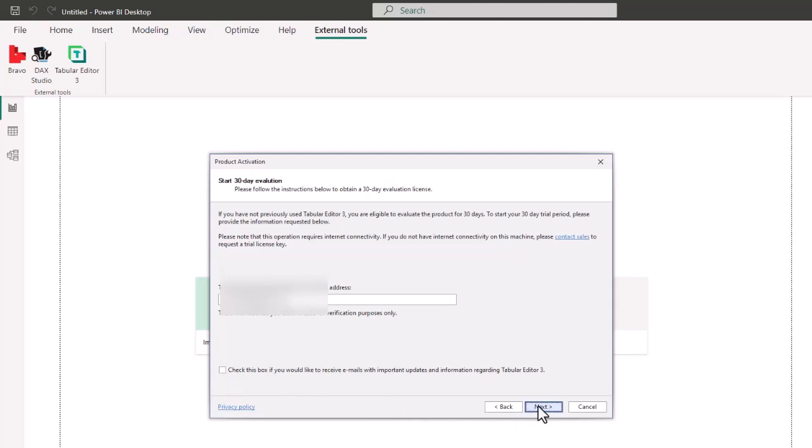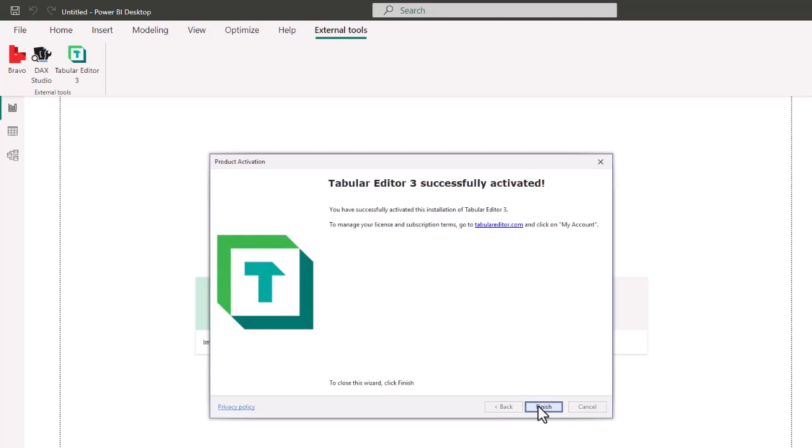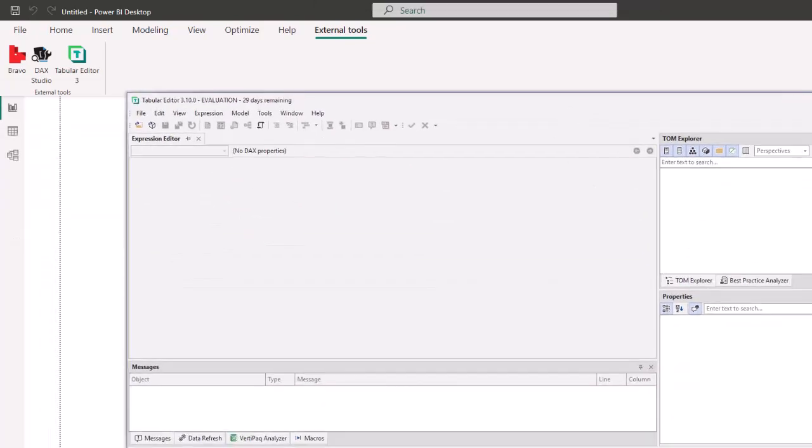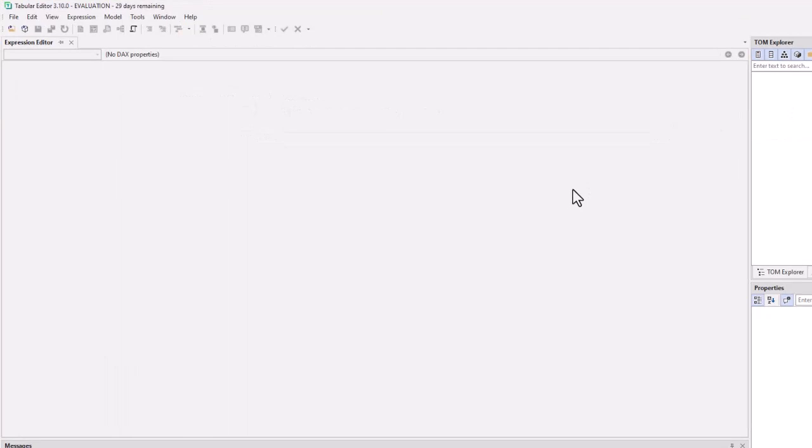But what this allows you to do is try, and it'll say that Tabular Editor 3 has been successfully activated, and you can manage your license and subscription. At that point, you'll just click Finish to close the wizard. Now you have Tabular Editor 3 installed and ready to use on your bar. Now remember, you can